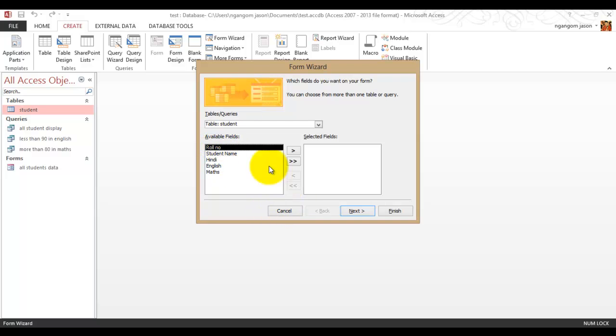Now, what are the fields that you want to add? If you want to update or see only Hindi marks, this is similar to the query we made using the query wizard. If you want to see only the student's Hindi mark, you can select the student name and Hindi. Or if you want to see maths only, you can select only maths, a particular subject, not all